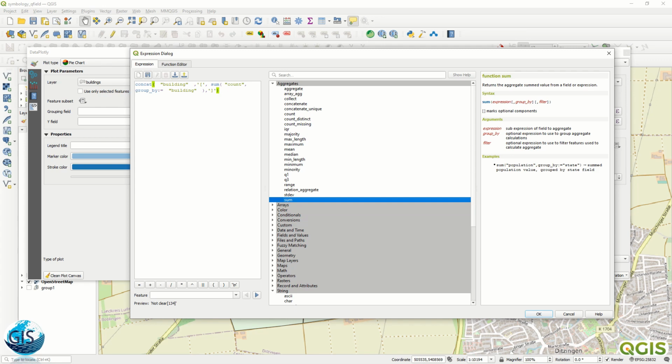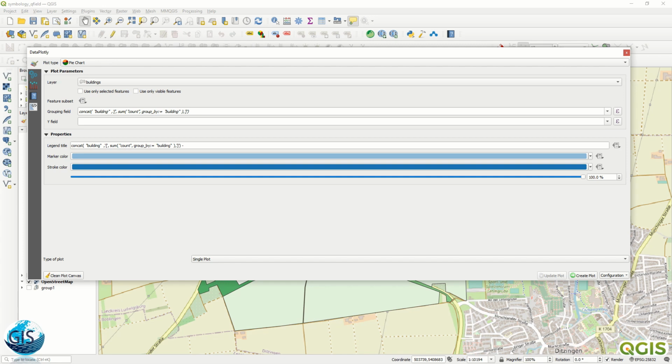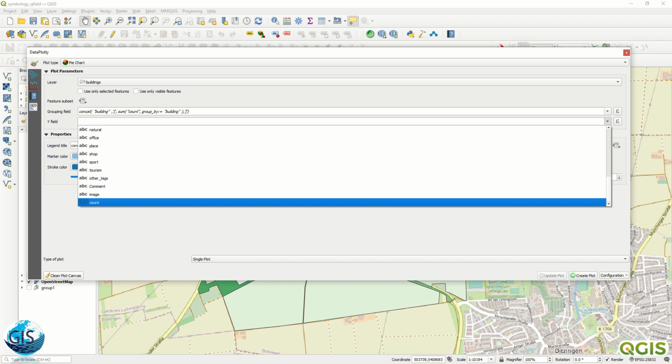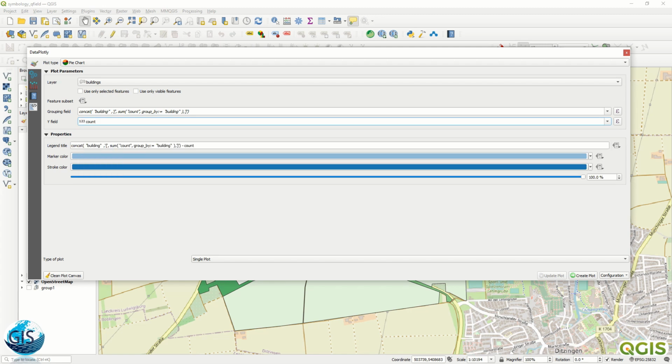And after that it will be the group by according to the buildings column. So let's continue. Right now, by default, the legend title will get from this grouping field, and after that you can change it. And in the Y field, we will just define, you have the option to choose your column, and we will use the count. And if I just change the legend title to the pie chart, for example,